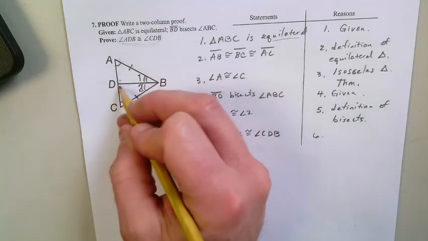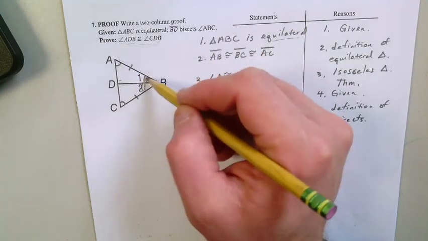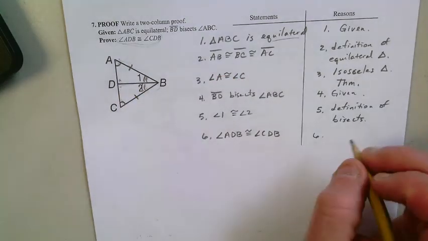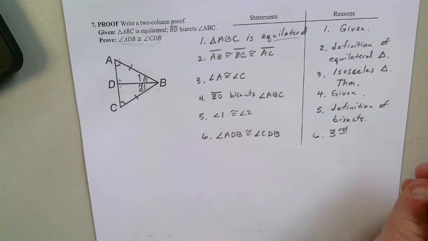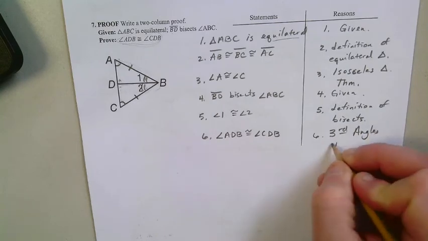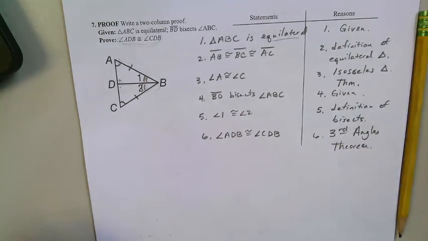Okay, these two angles are congruent by, do you remember it? If these two angles are congruent to these two angles, don't the third angles have to be congruent as well? The third angles theorem. Yeah, the third angles theorem, I think is what we called it. Third angles theorem. Okay? So with that being said, again,